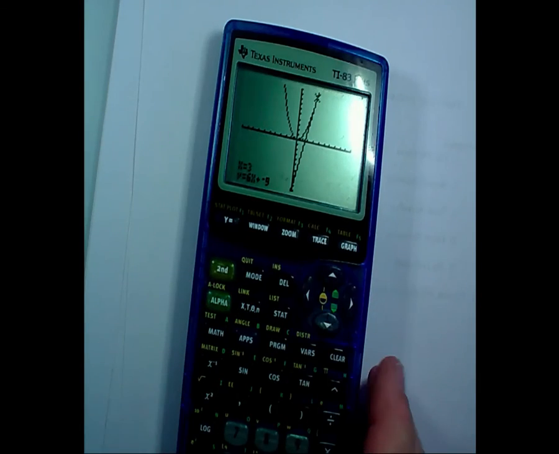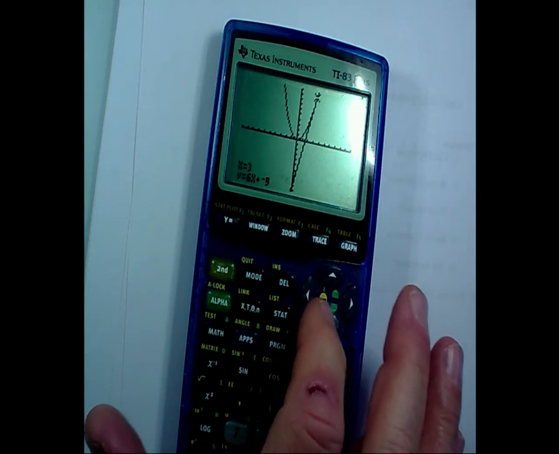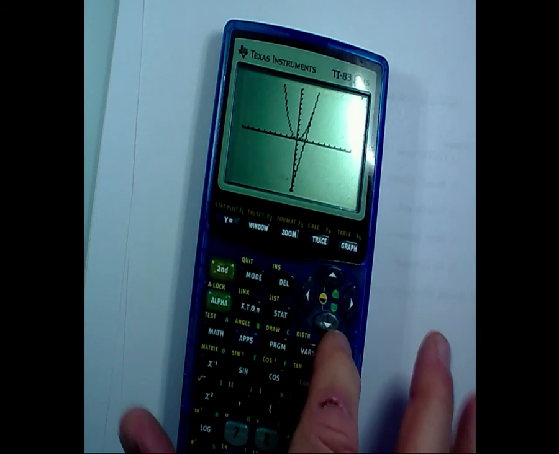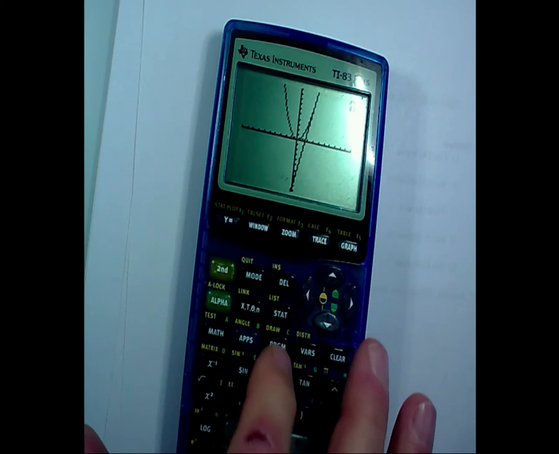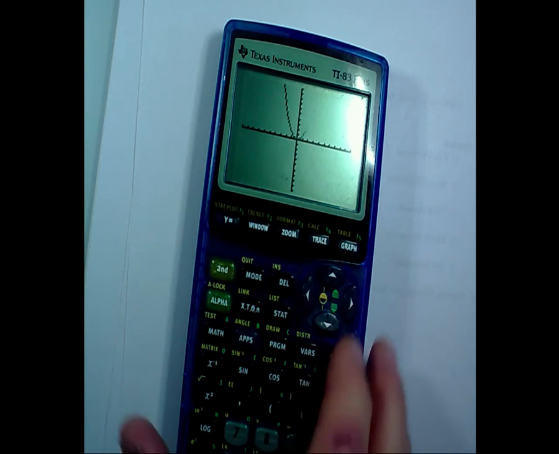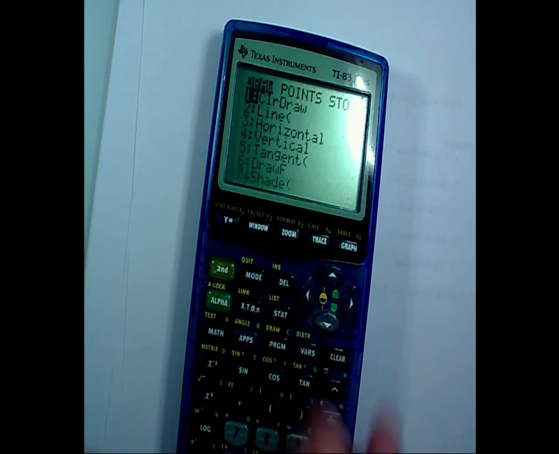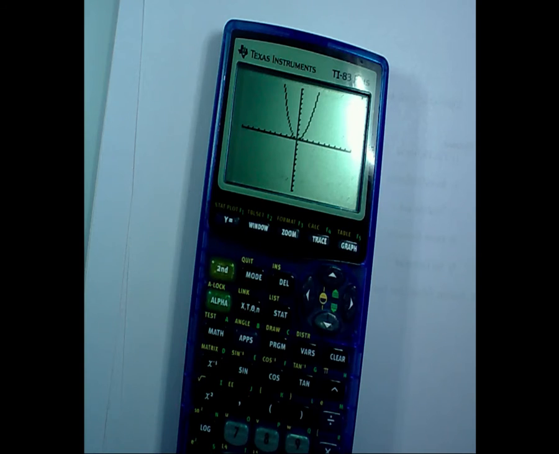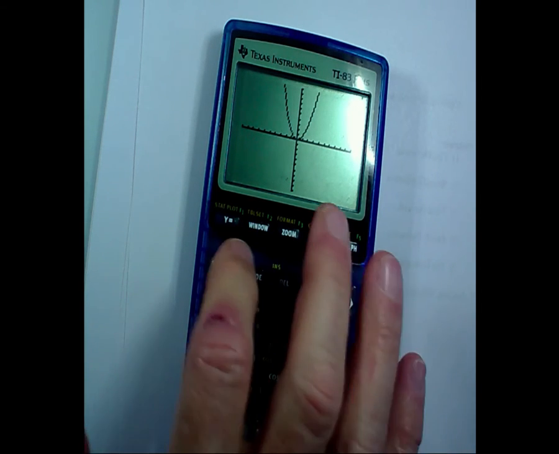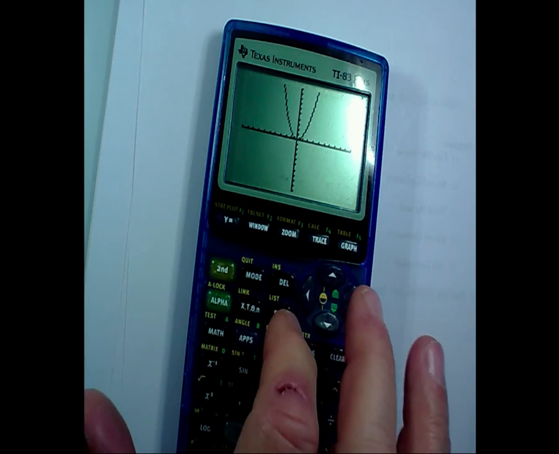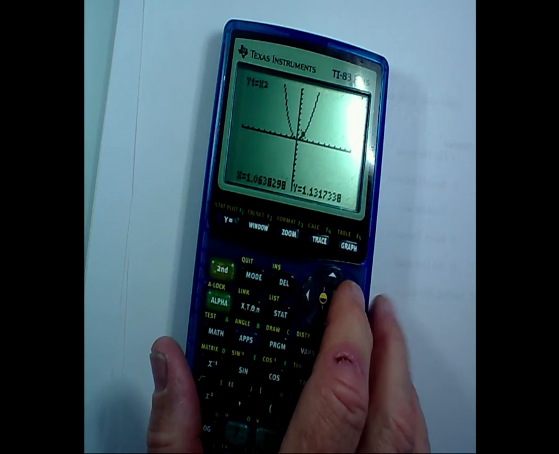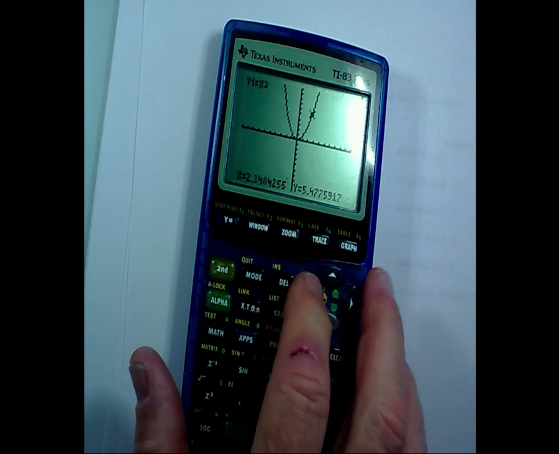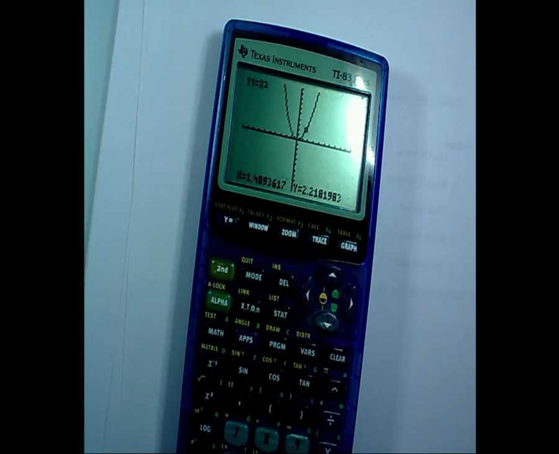TI people. Let's see what I can do here. Let me hit clear. Let me hit graph again. Okay. To get rid of that tangent line, you got to go second draw and go to clear draw. Did everybody see what I did? Second draw, clear draw. Then I'm going to hit graph again. And if I trace, I do not believe you can get the slope. You can get the points, but you can't get the slope. Is that making sense? Okay, so